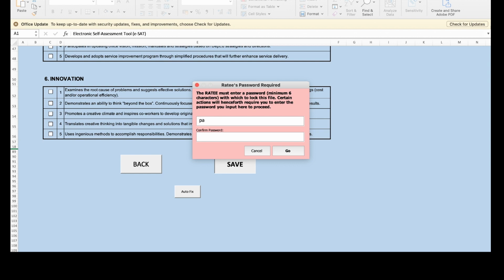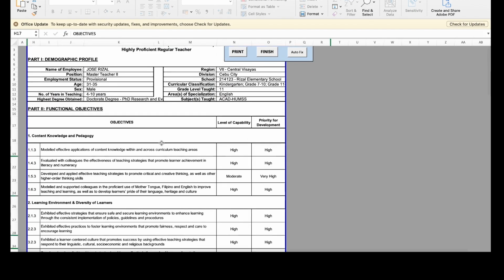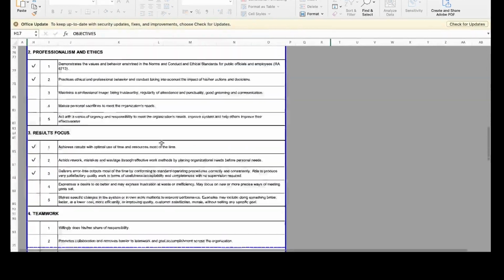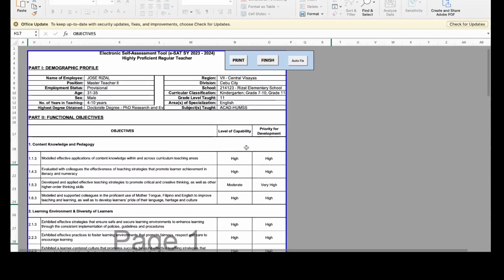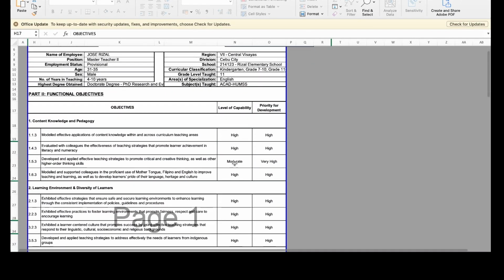in the core competency. So you try to put a password here. Let's put a password. My password is just "password," so I'll just click go. Okay, so here we already have the summary for us. You have two options here. We see the check marks already, and then your level of capacity for each of the objectives and your priority